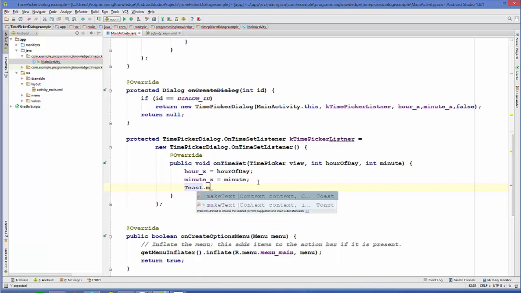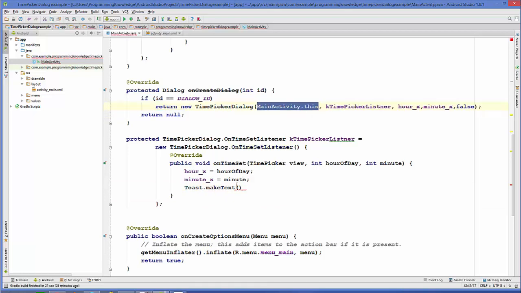Toast.makeText, and the context, you can take this context once again, comma, the text you want to show. So for example, we want to show first of all hour plus colon minute value, plus minute, and the third variable is the duration.